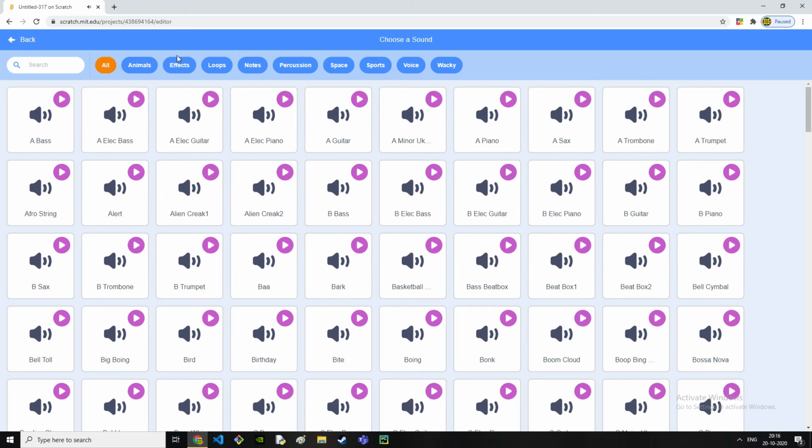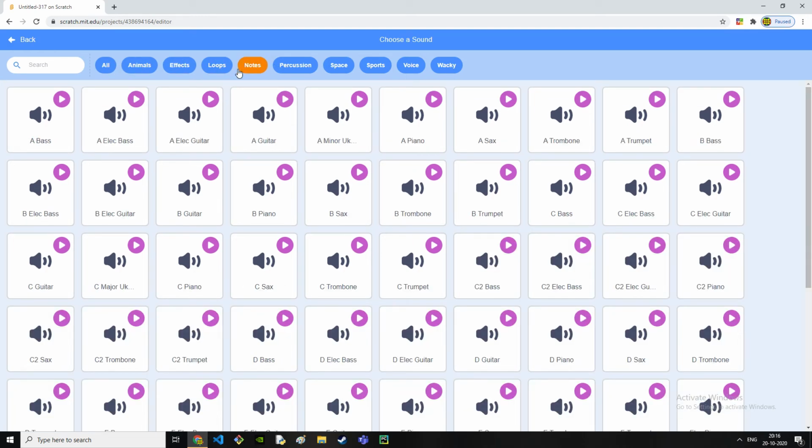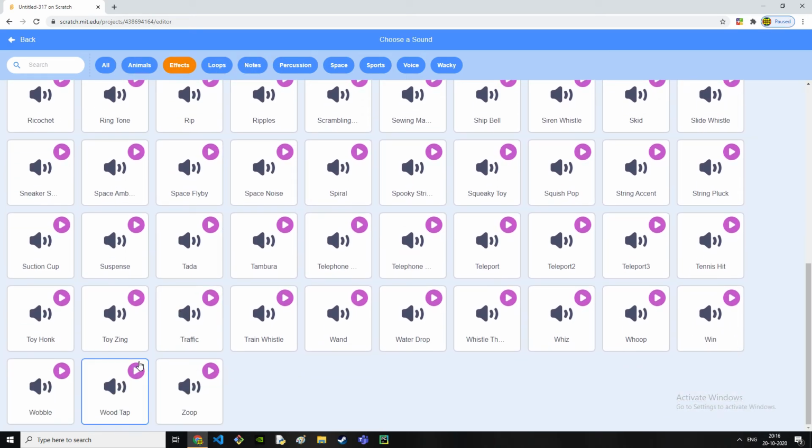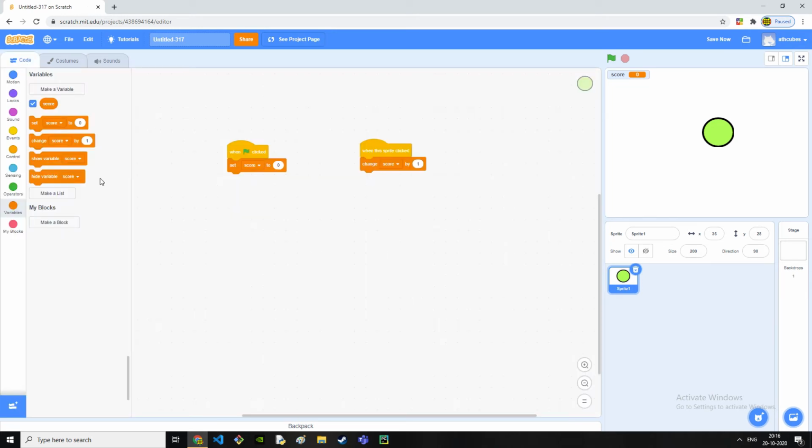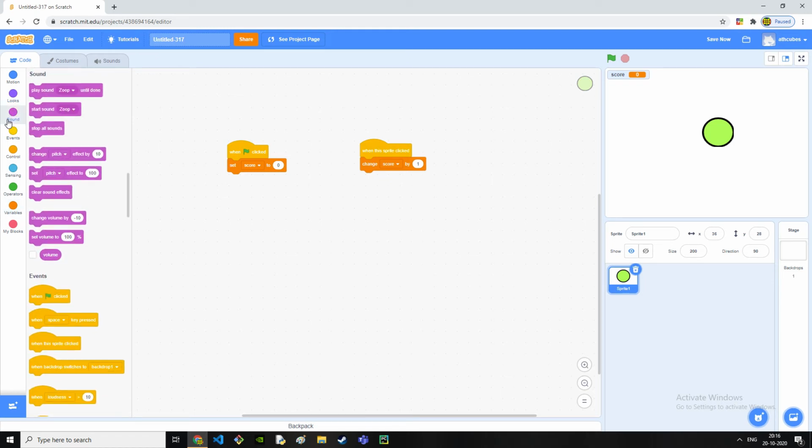So go to all, or animals, effects, loops, depends what you want. Here's a boot wrap, here's wobble, toy stuff. I like the zoop one and it's very fast too. So we'll go to the code tab again, go to sound and click on start sound zoop.